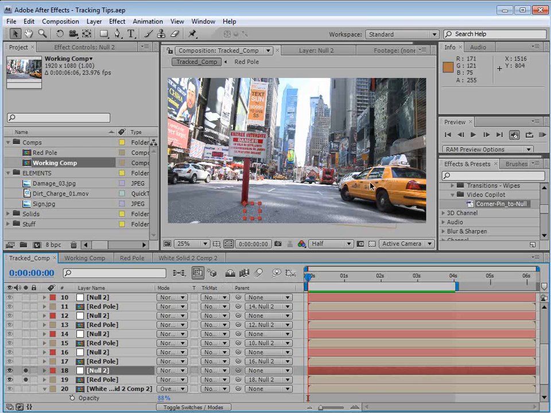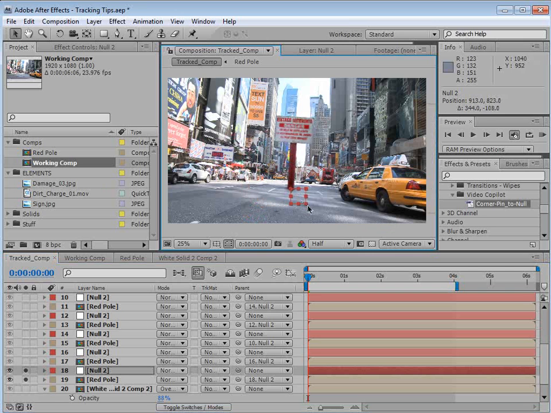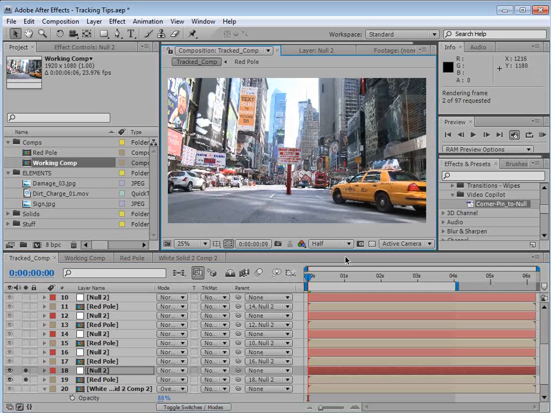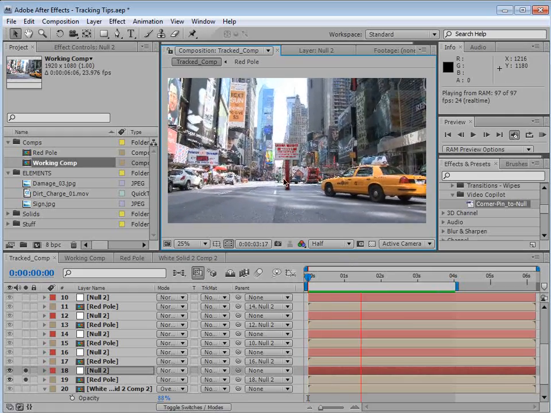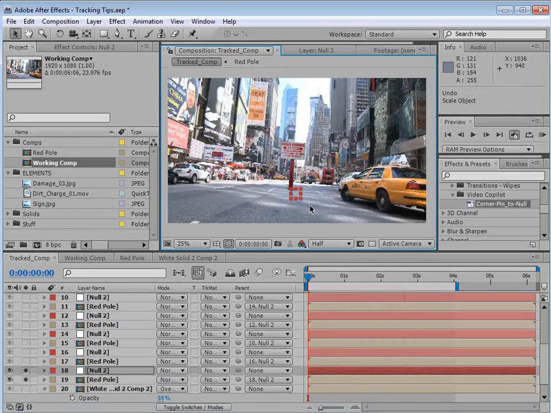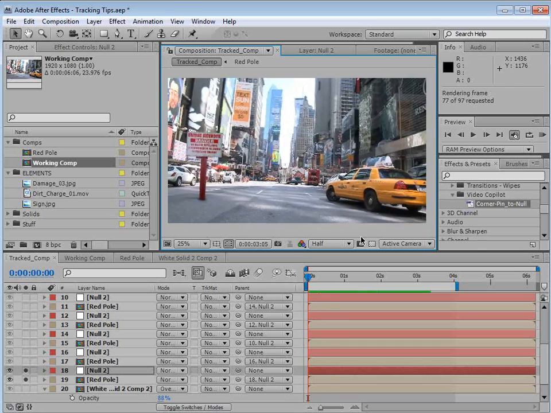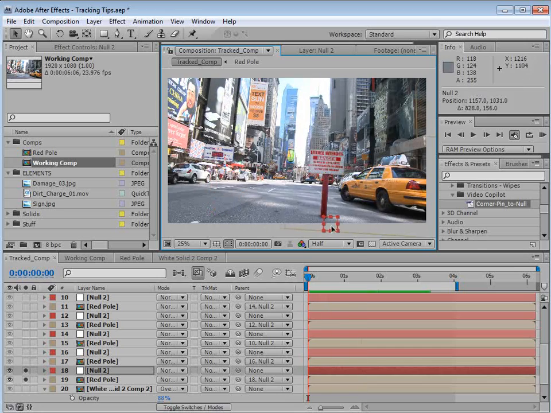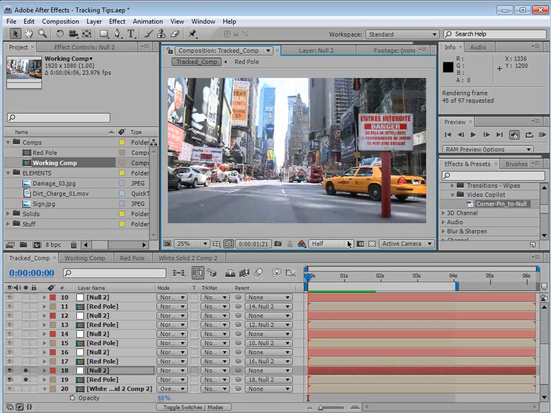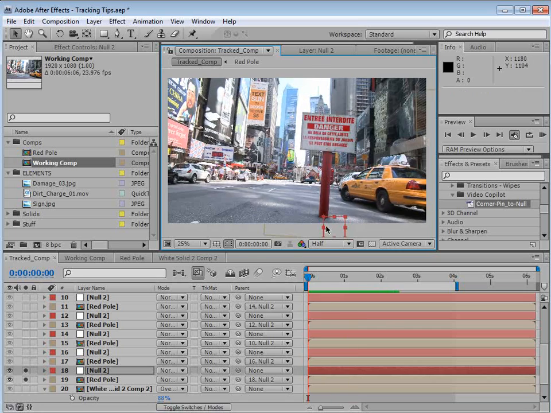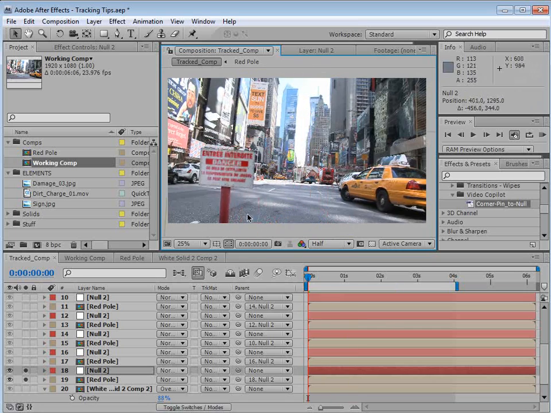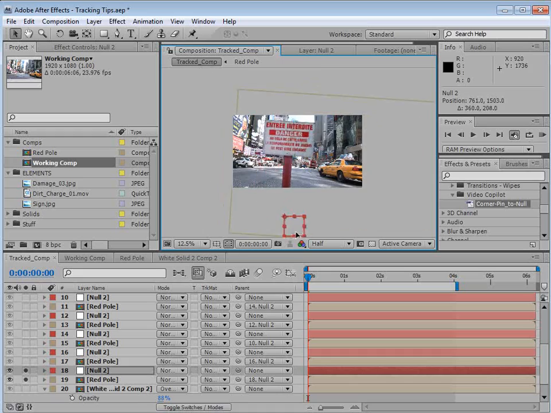So what I've done is I've tracked the surface of this shot in Mocha. And now using our preset, what I can do is move this null object anywhere I want on the surface, maybe scale it down, and the result will look as if that object is touching that position. So I can move it over here, maybe scale it up, play it back, and it's locked to that position. Or I can move it right here. I can even move it off the frame, so maybe move it down and scale it up as if it's closer to the camera,